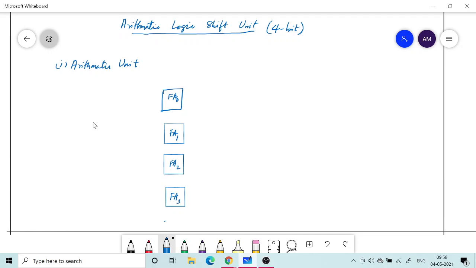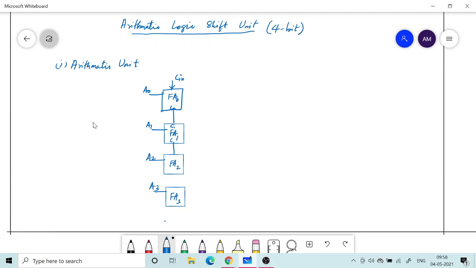This is where I give my LSB, and into this full adder I give one of the inputs as A0 and another one A1, here A2 and A3. The full adder will have a carry in, C in, and it will have C out, which will be connected like this. So this is like a ripple carry.